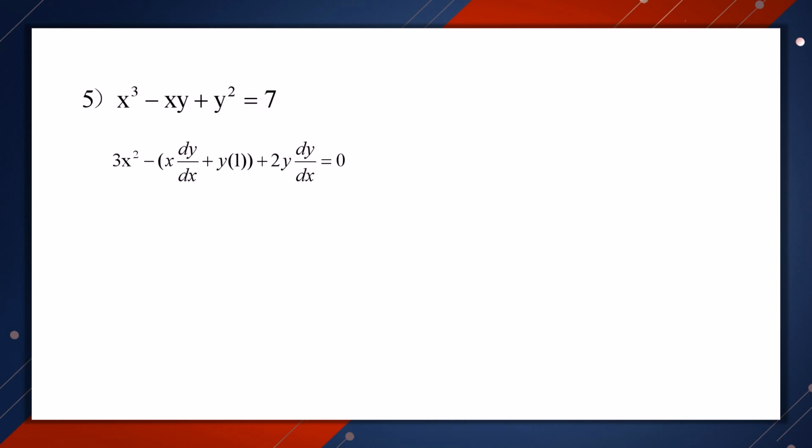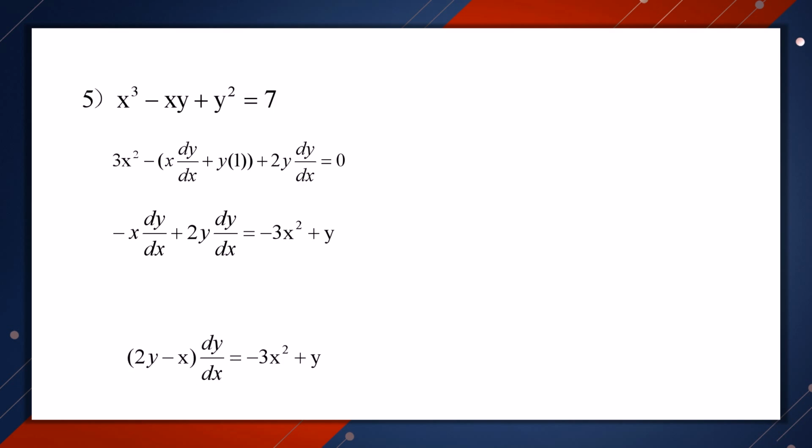And the first step is also to take the derivative of both sides, and we will get 3x to the power of 2 minus x times dy over dx plus y times 1 plus 2y times dy over dx equal to 0. And then we just simplify it, and we will get